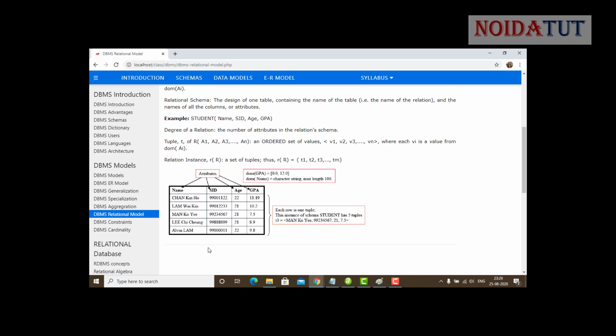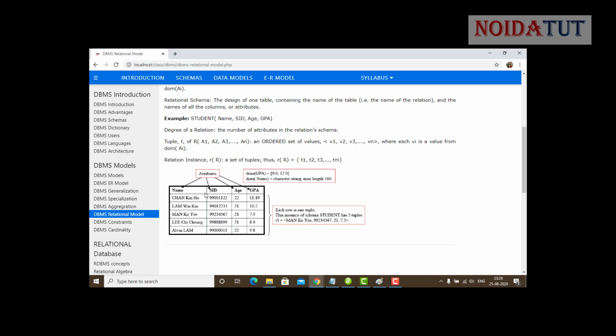Now all of these things are related to a single row. These are the single values which we count as V1, V2, V3, Vn. Every attribute, we can see, is Name, SID, Age and GPA.